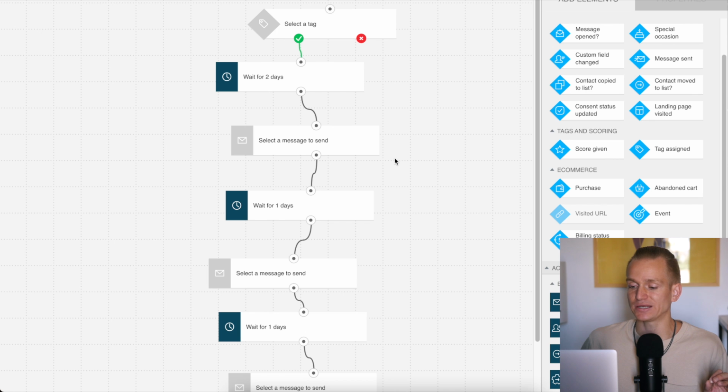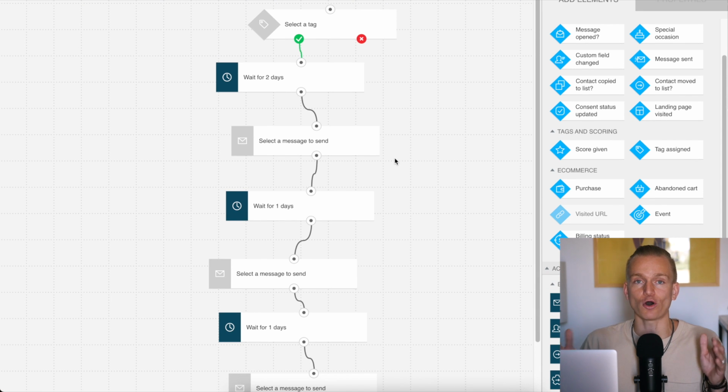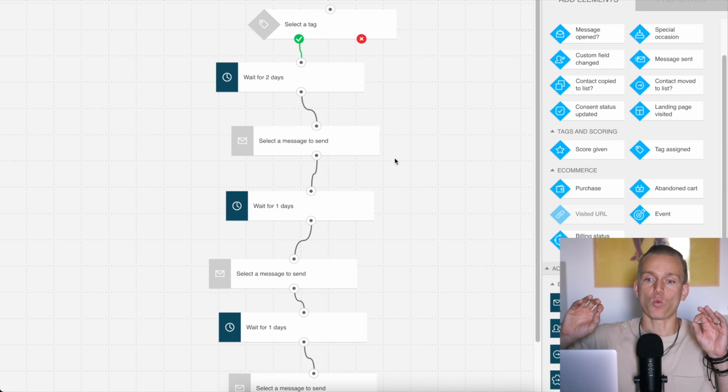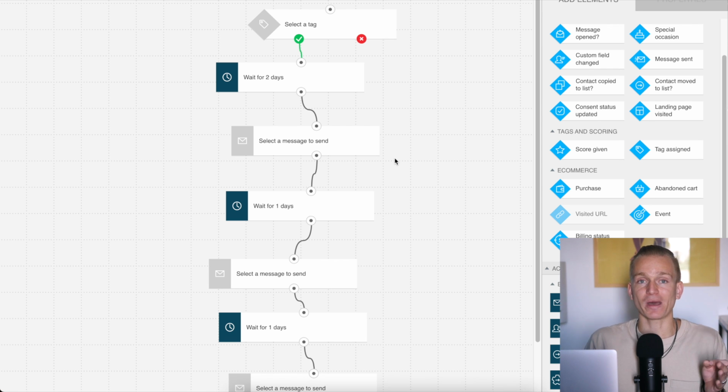And what this means is basically you can install tracking on your website, and then within ActiveCampaign or GetResponse, you can set up a trigger that when someone visits a specific page on your website, that is going to be a trigger to start out an automation. So you can set up tracking on your website so that once someone visits a specific page, you can start out an automation. And that is insanely powerful.